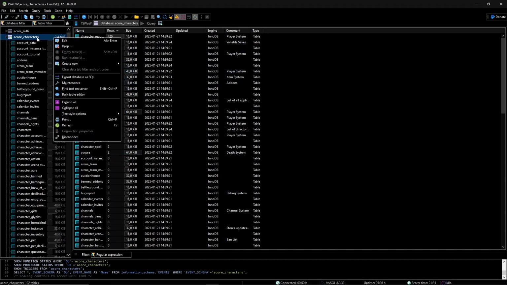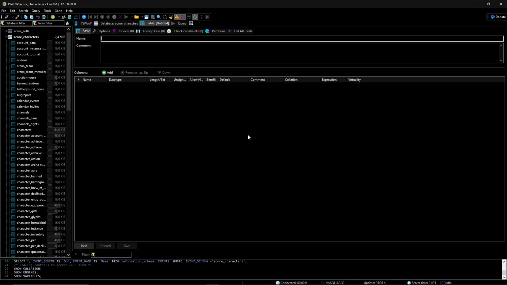So now right click on the AzerothCore characters, hit create new table, and now you have a new table you are creating. Here, you can choose the name, it doesn't really matter, as long as you know what it does and why you have it. What I do normally is that I prefix it with the name. So that would be player dev helper